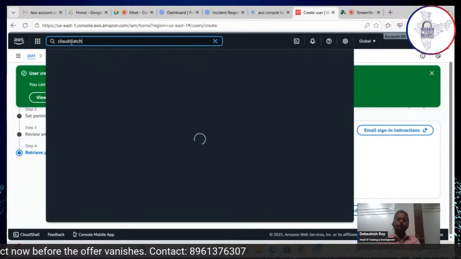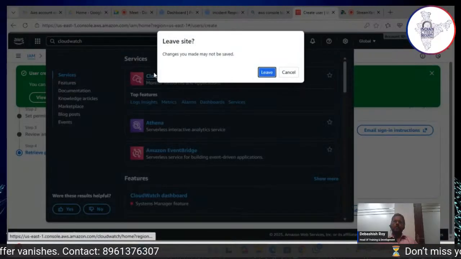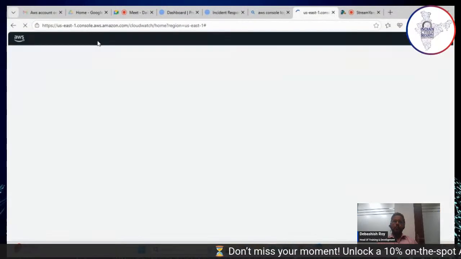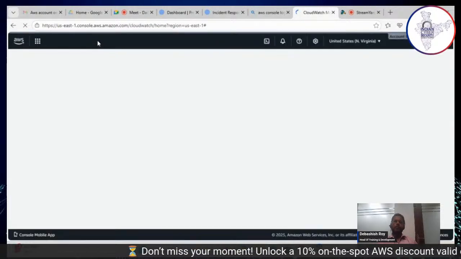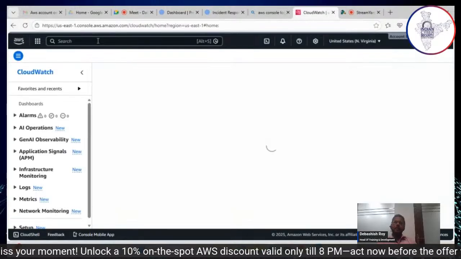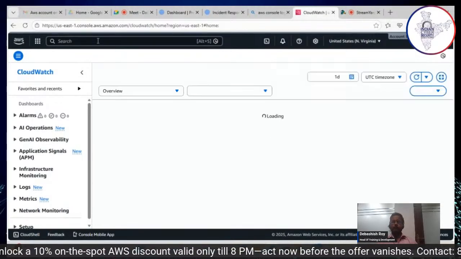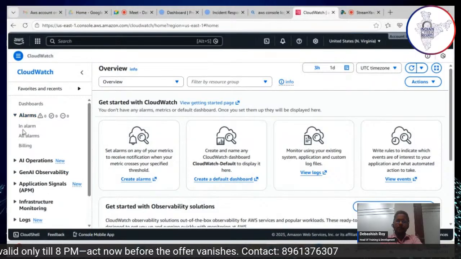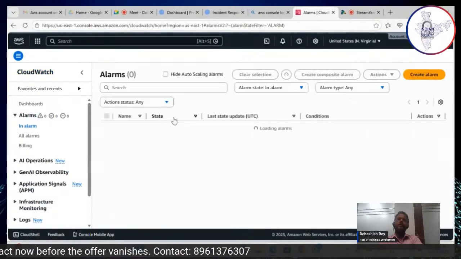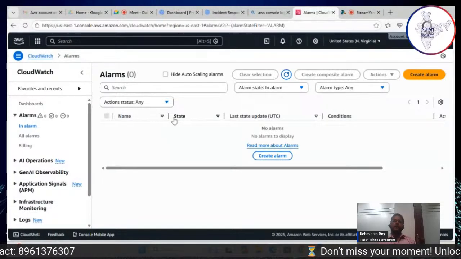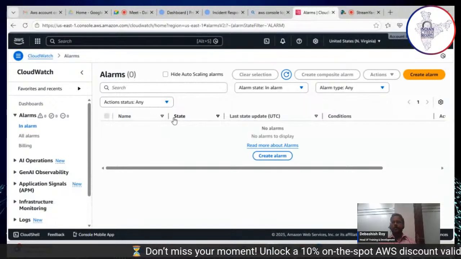Also, you can go to CloudWatch. You can go to CloudWatch, and you can do the monitoring of the EC2 instances, VPC, literally any monitoring you can do. You can set the alarms. An alarm means any notification or any warning that something is failing. Say a hardware failure, CPU, hard disk, RAM, any failure that you should anticipate,